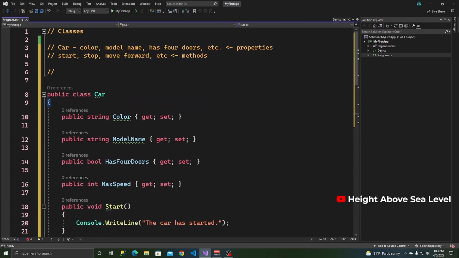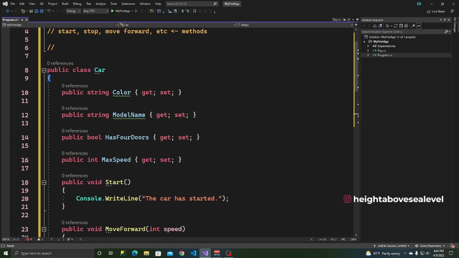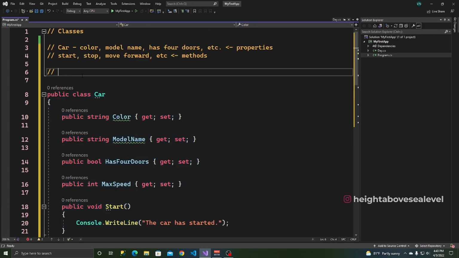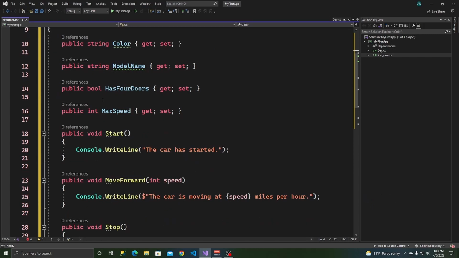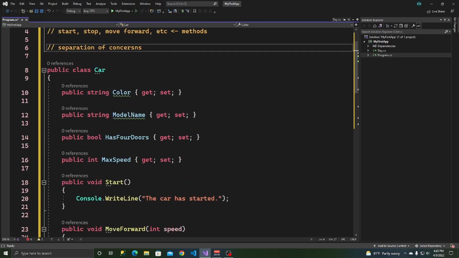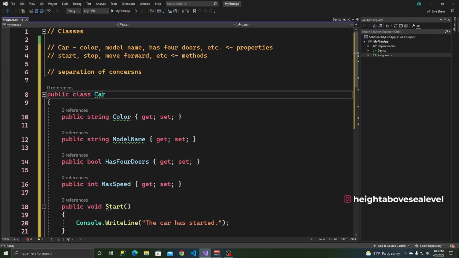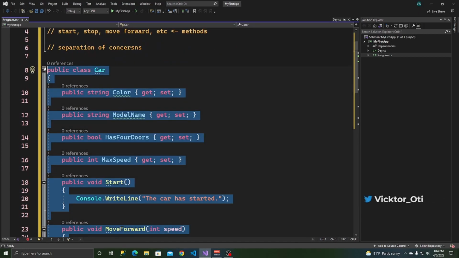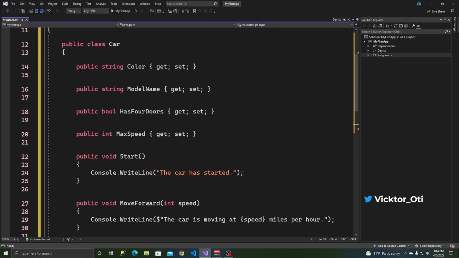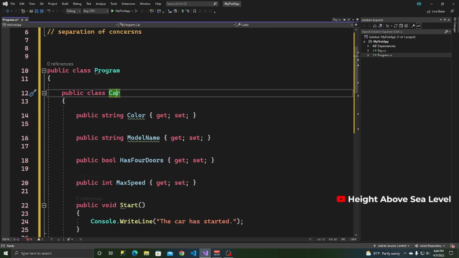That way we have a file that is only interested in the car class, and this gives us better separation of concerns. Remember, I mentioned this in the beginning, separation of concerns. That way each file is only worried about this thing, and this file is worried about this other thing, and there's no mixing, and it makes it easier for debugging. It makes it easier to read. So how do we put it in a separate file? Put your cursor on car, press Alt and Enter, and then actually let me show you how we do it if we were declaring it in here. So you put this Alt and Enter,